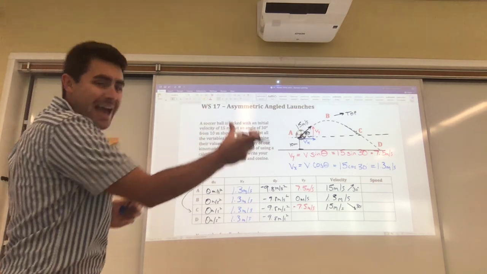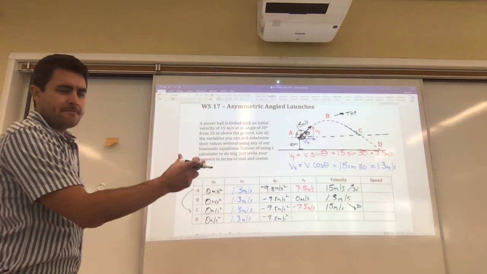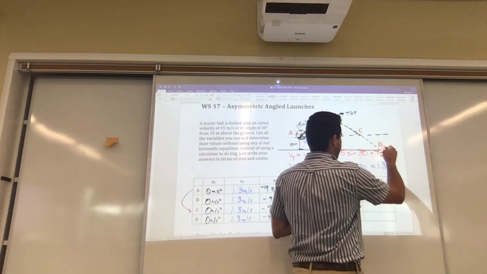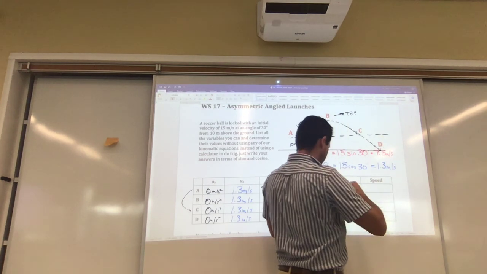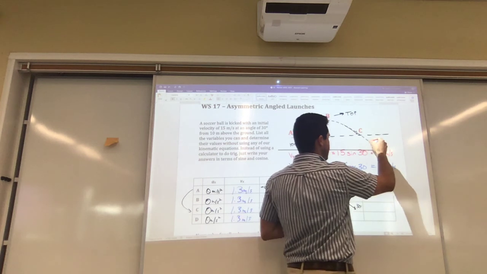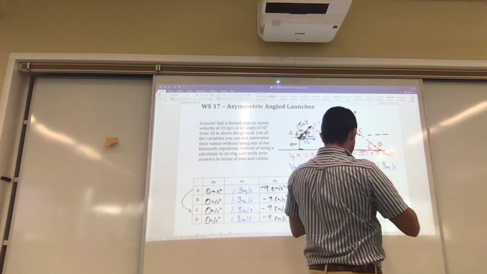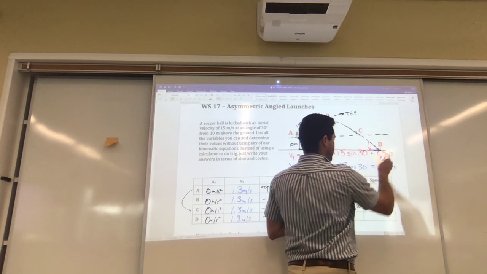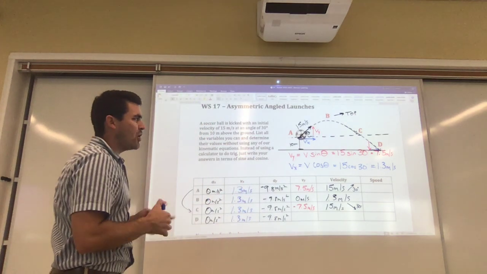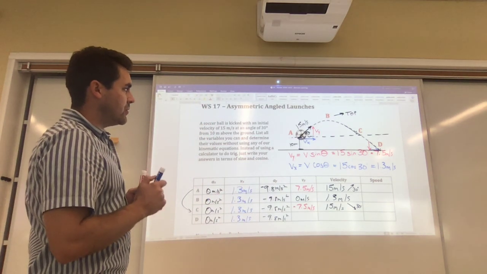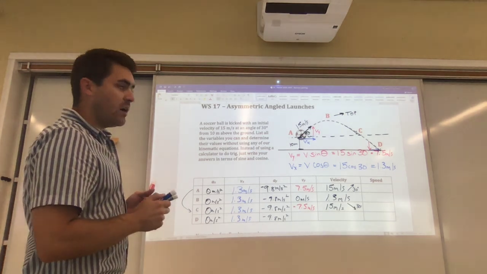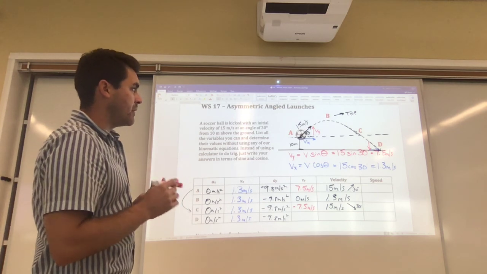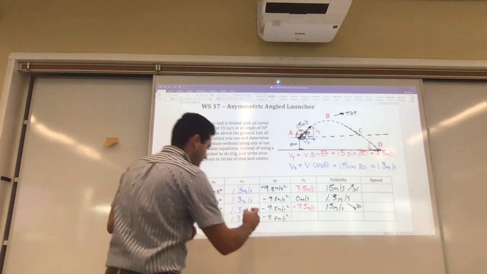Let's analyze the last part of the launch, okay? The last part of the launch, I really need to figure out what this vertical velocity is. I know it's going to hit the ground at a different angle than it was originally at point C. I see that there's going to be this velocity vector right there and this horizontal velocity vector there. We know the horizontal velocity vector is going to stay the same, but how do I calculate this new vertical velocity vector? Well, it's a lot easier than you actually might think. Let's look at what I know between point C and point D. From C to D,